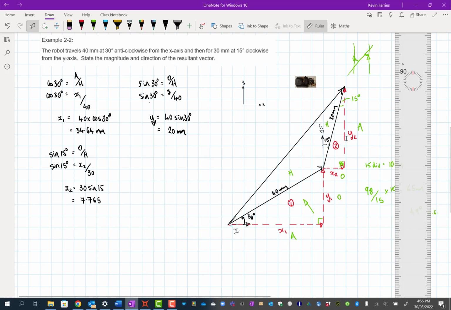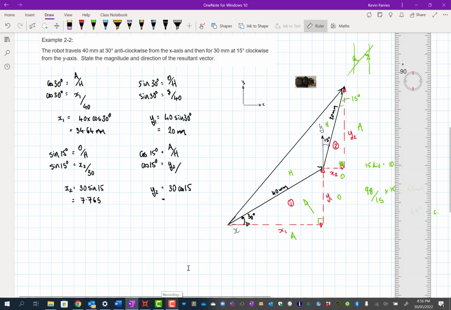So we've figured out x2, now we want y2. If we're using this 15, we've got adjacent and hypotenuse here. Adjacent over hypotenuse is cos, so cah. So this time we've got cos 15 degrees is adjacent over hypotenuse. Cos 15 degrees is equal to y2 over 30. So therefore y2 is equal to 30 cos 15, which is equal to,